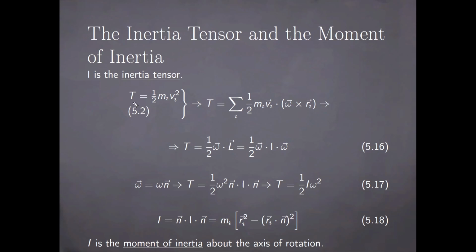And we would like to express the kinetic energy in terms of it. Now, the definition of the kinetic energy for a system of particles is given here, where I've assumed that there is an implicit summation given by Einstein's convention over